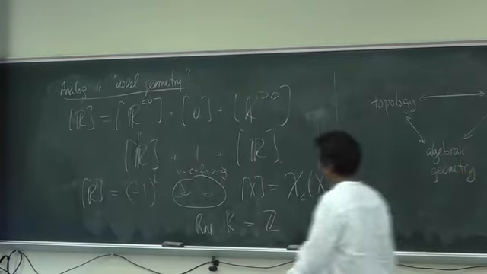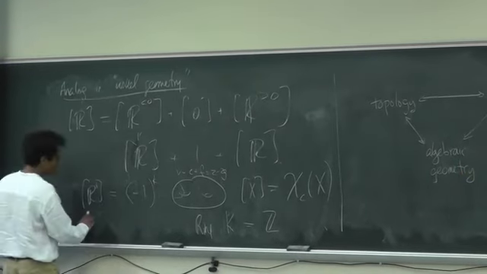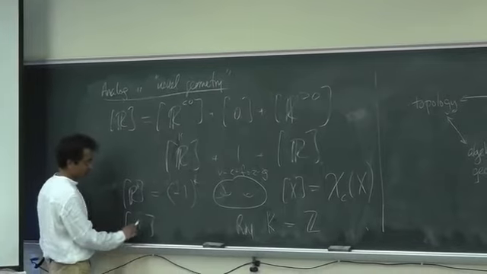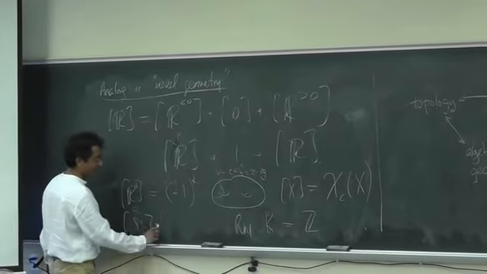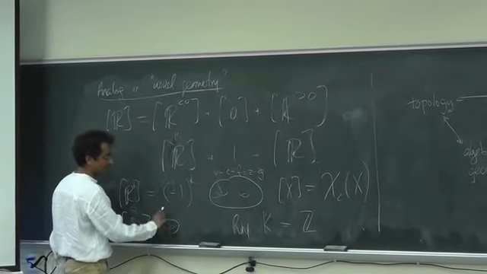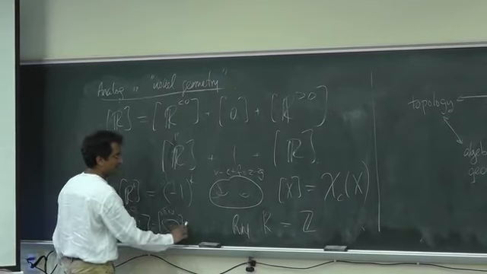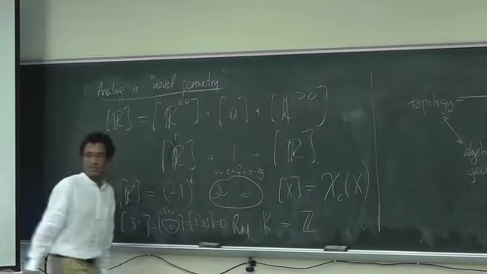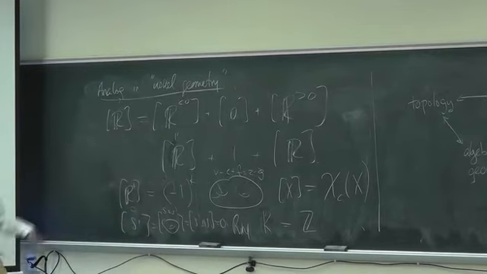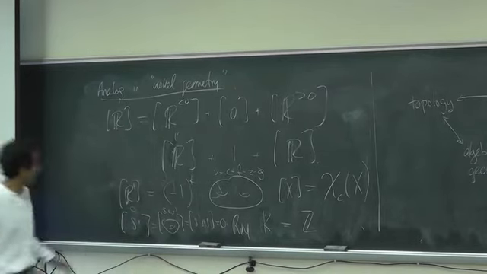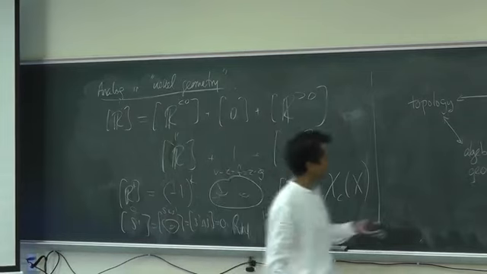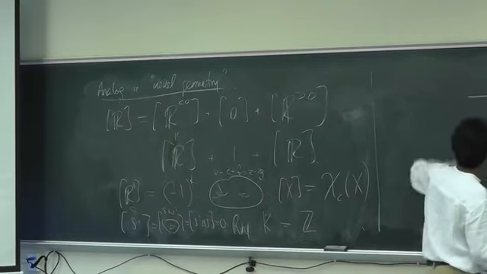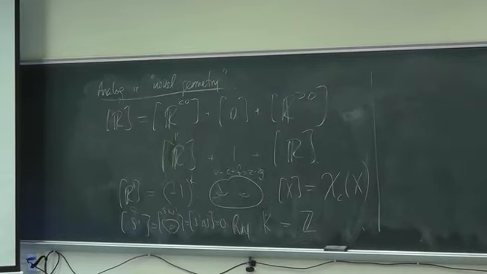And for a future observation, I want to point out that since all we're getting is the Euler characteristic, the class of S1, so a circle, or the class of a torus, or the class of 2 circles, are all 0. And I want to compare this to what's going to happen soon in algebraic geometry, in the algebraic situation. Okay, so now let me go back.